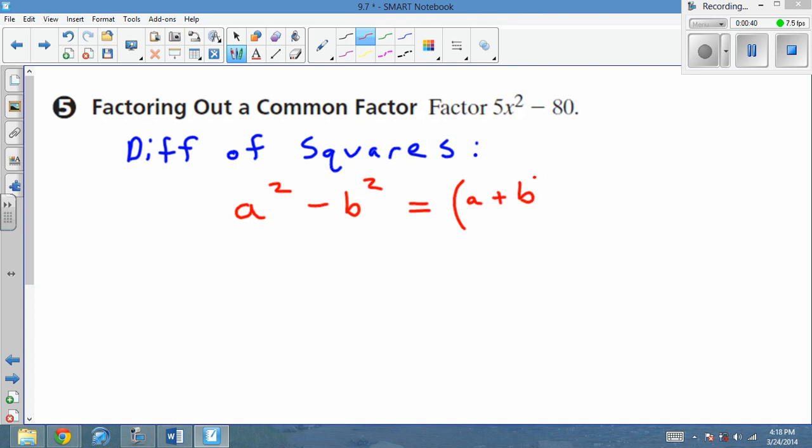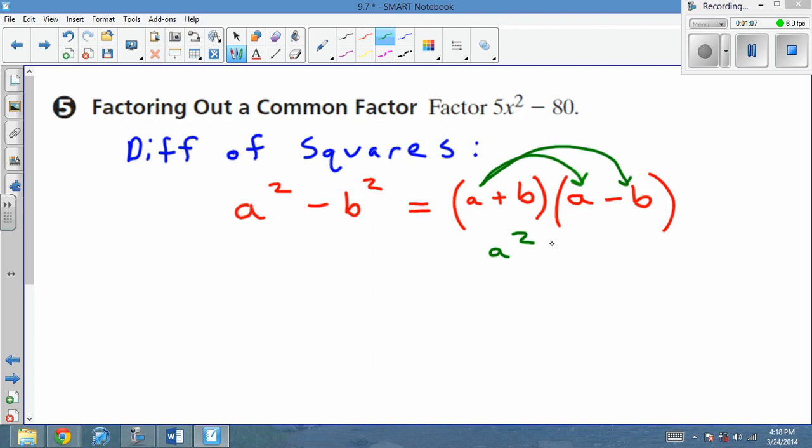base plus base times base minus base. And just to show that this works, we could again FOIL to check. So if you take a times a, you'll get a squared. If you take a times negative b, you get a minus ab. B times a, you'll get plus ba, and